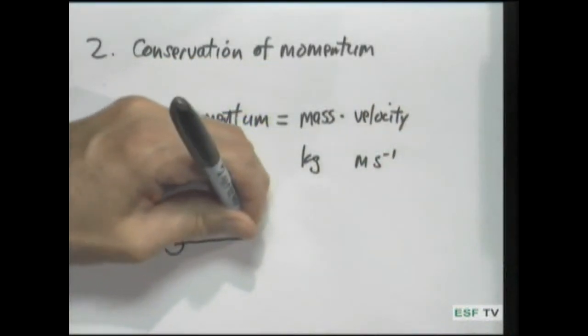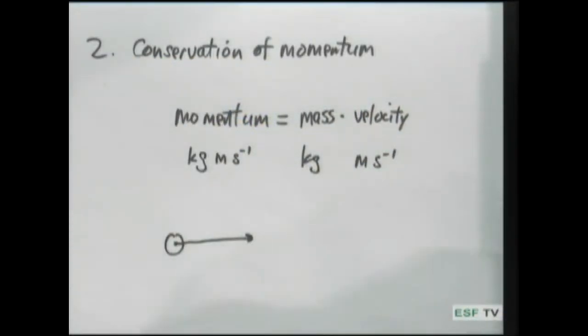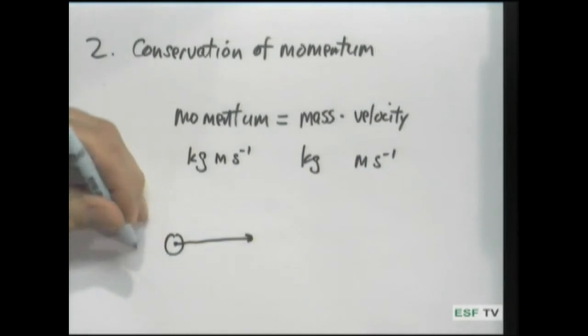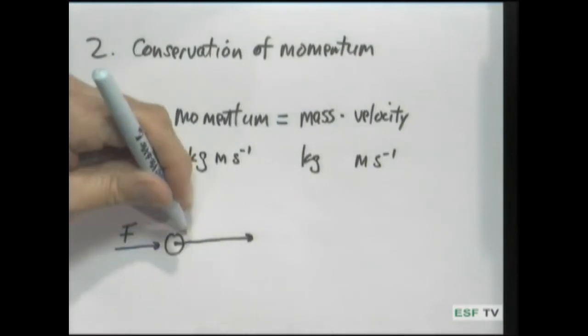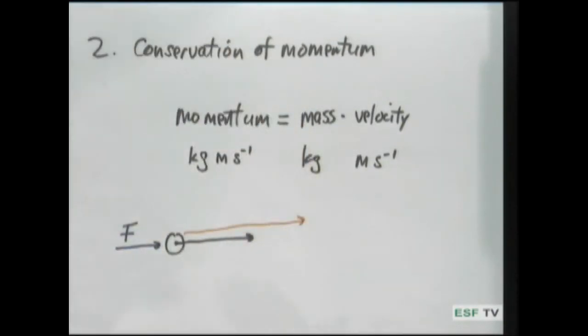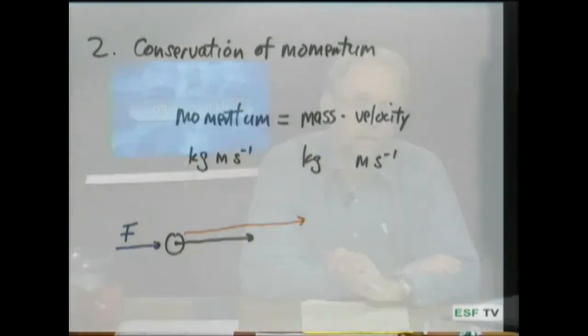If you have, for example, an object traveling at constant velocity, and you come along and exert a force on it, then what that's going to do is it's going to tend to cause that object to accelerate. And it will continue accelerating as long as you are exerting a force on it. And so this leads to a definition of force. This is the real